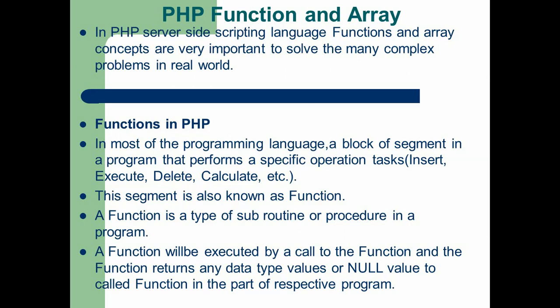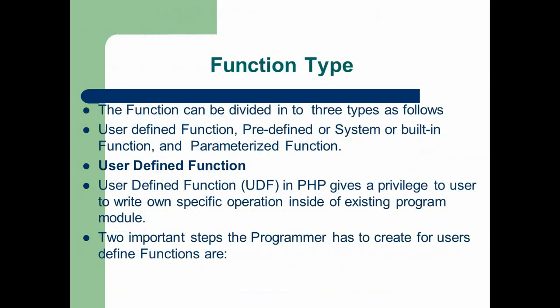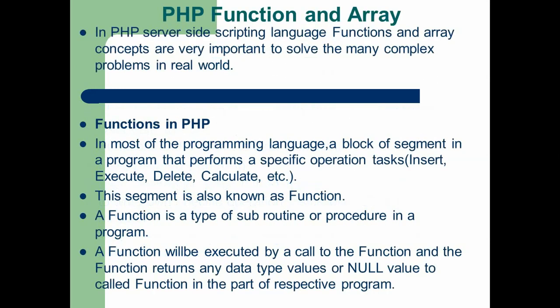These functions have their own inputs and their own outputs depending upon the requirement of the programmer. Functions can be defined by the programmer. Some functions give outputs. Those values are known as function returns, any data type value or null value. That type of output is known as the return value of the function. When a function accepts any input, those inputs are called arguments. Functions cannot work without calling the function.